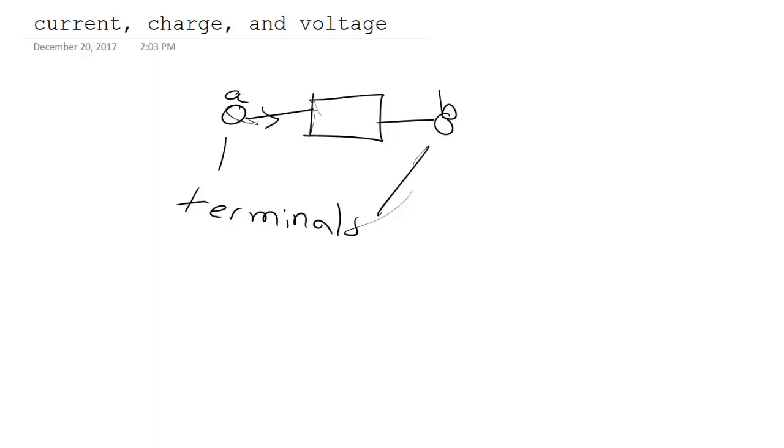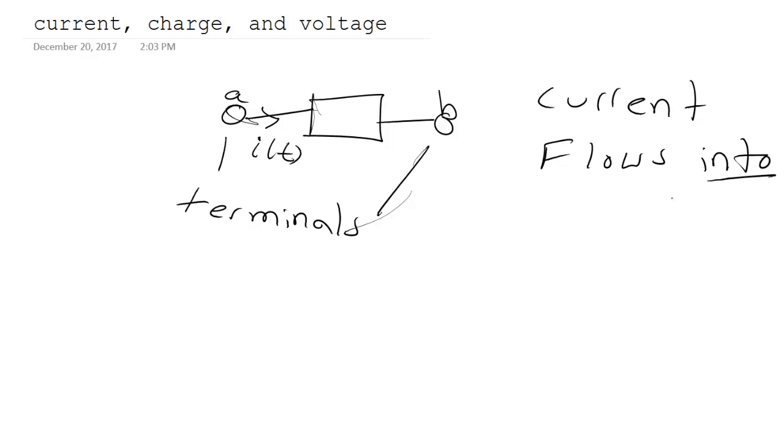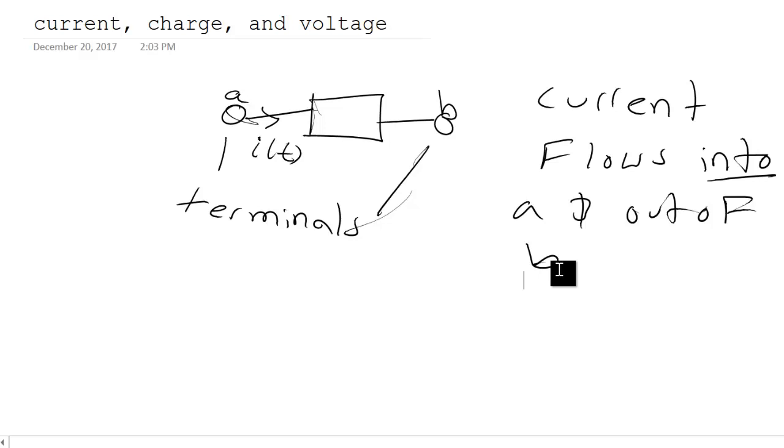Generally speaking, I might write an arrow like this. And this is my current. So what I'm really saying is current flows into A and out of B. And that's important to notice, that the current is going into A, the same current is going out of B. Current is made up of electrons. I can't just create or destroy any of them. So if current enters an element, then a current must leave, and the same number of electrons into an element